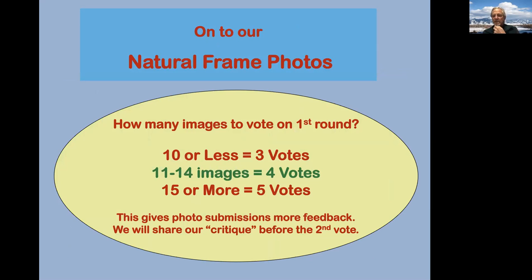We've got 14 images. So if some of you haven't been around for one in a while, what we do now is you vote, on the first round, for 4 votes instead of 3 or 2 or 1, so that then we have more pictures that we actually have critique on. So what will happen is,